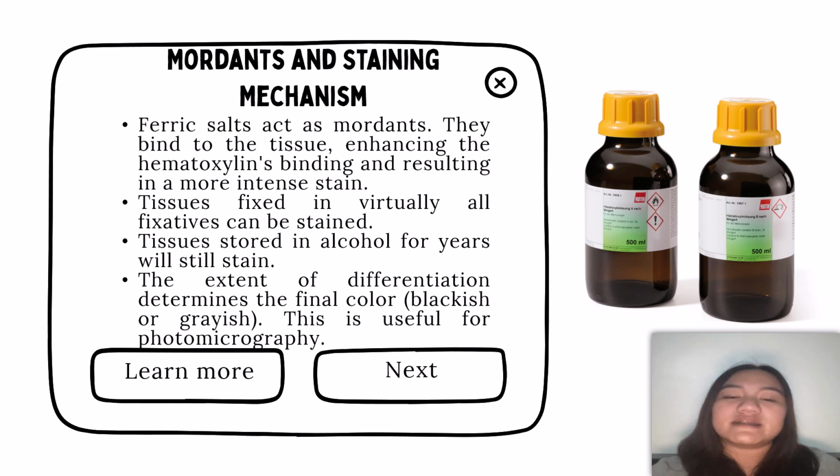Mordant and staining mechanism: the ferric salt acts as a mordant because it binds to the tissue, enhancing the hematoxylin binding and resulting in a more intense stain. Tissues fixed in virtually all fixatives can be stained. Tissues stored in alcohol for years will still stain, and the extent of the differentiation determines the final color, which is blackish or grayish,